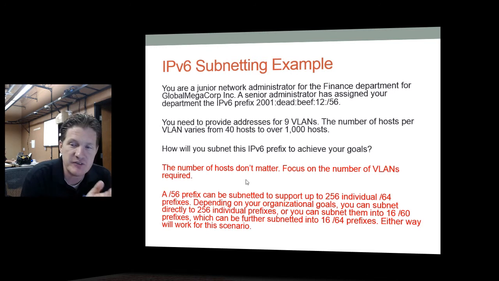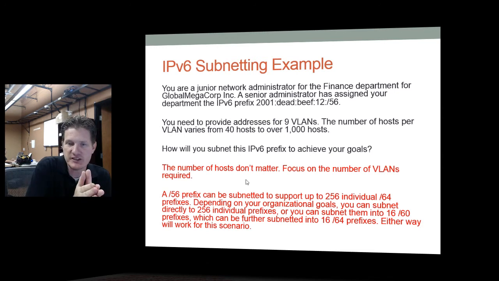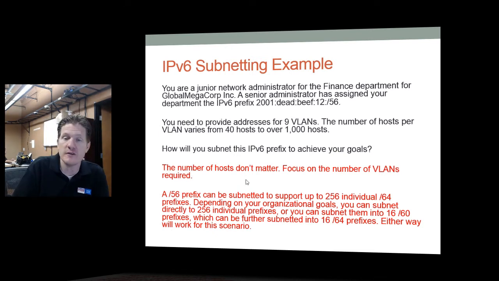So we want to take a /56 and extend it to a /64, right? That'll give us 256. So how many bits are different between a /56 and a /64? That's 8, right? So 2 to the power of 8 is 256. So by extending from a /56 to a /64, we have created 256 individual prefixes. You can now subnet those directly to 256 prefixes, or you can subnet them into a whole bunch of